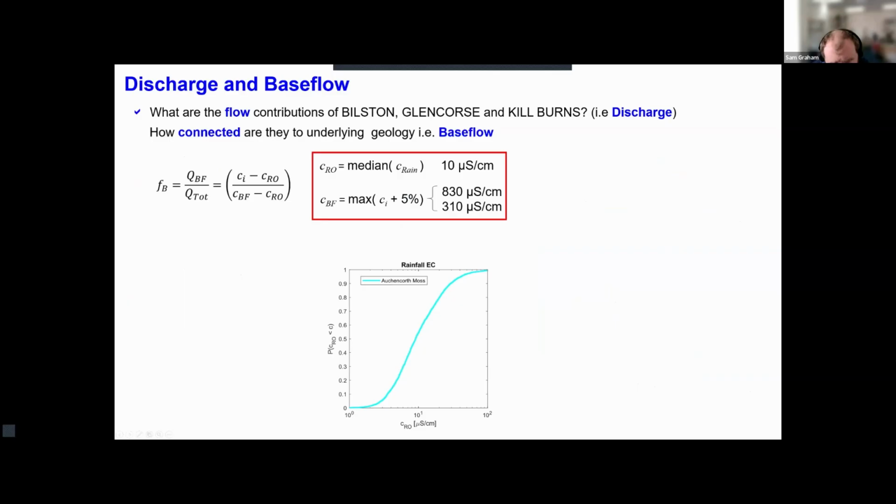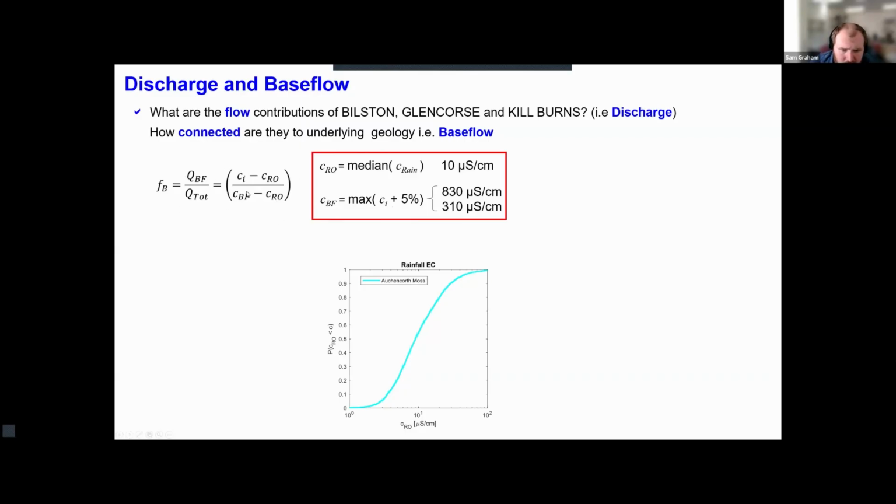To constrain these end members, for the electrical conductivity of runoff, we take the median rainfall conductivity from the Auchencorth Moss monitoring station, which is just south of Edinburgh. And then for the base flow conductivity, we say, what's the maximum conductivity we observe? And to account for the fact that we don't necessarily observe the global maximum, we just add 5% to that. That then allows us to work out our base flow fractions from our observed conductivity